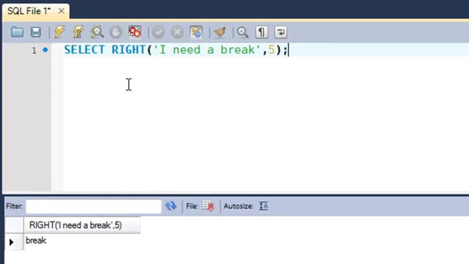And you also have the left function to get the leftmost portion from the string. So you type in left, and let's say you need the phrase "I need", so I and space are 2 characters, and then need is 4, so you type in 6 here, so you would get the phrase I need there. Right, so that's it about the substring, right and left functions,